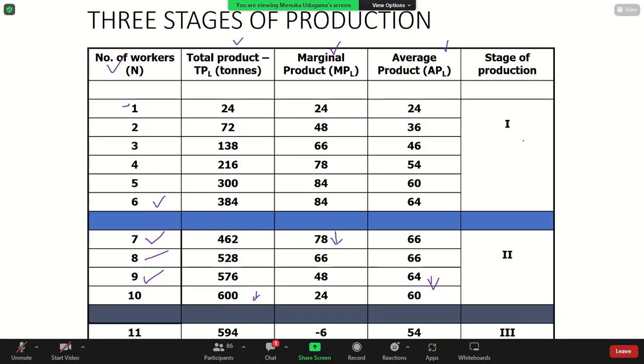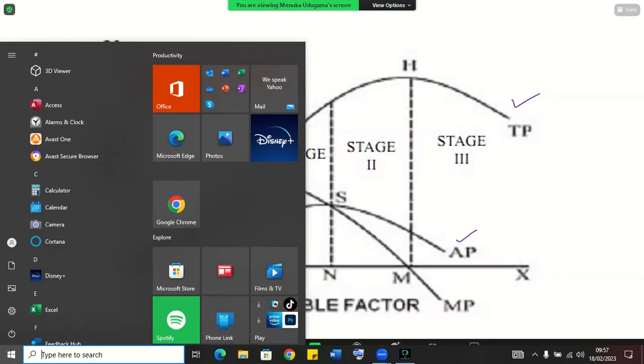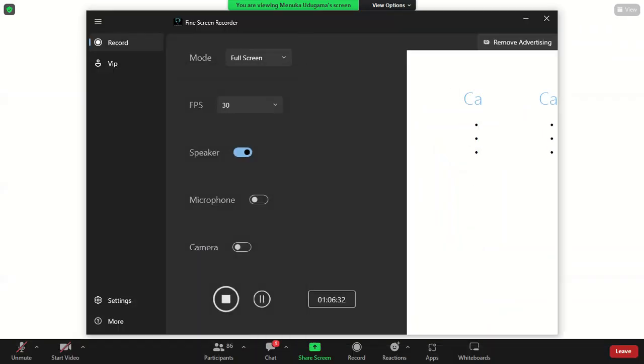Right. So let's plot all these three relationships on one graph. Okay. So now this is what we are familiar with, the total product function. Then the average product, and the marginal product also comes to a maximum and starts decreasing,